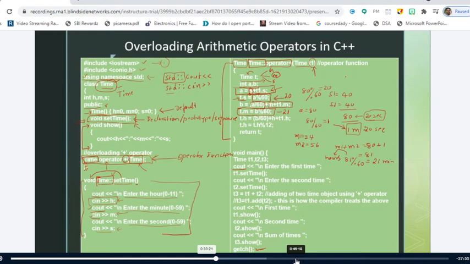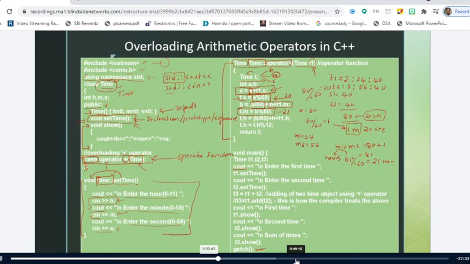Let us take 2 hours, 24 minutes, 40 seconds. This is T1. Let us take T2 as 3 hours, 56 minutes, 40 seconds.